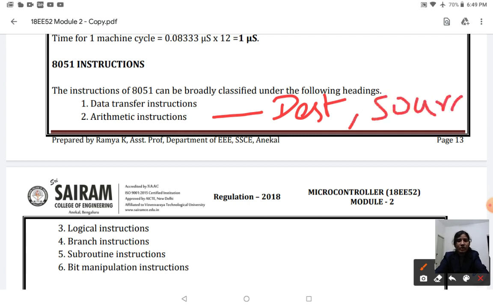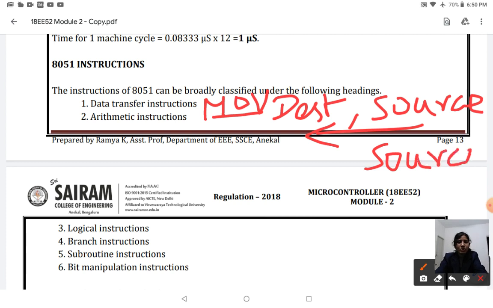So when you write MOV, it is nothing but moving data from the source register or source address to your destination address. This is how it works in a data transfer instruction.